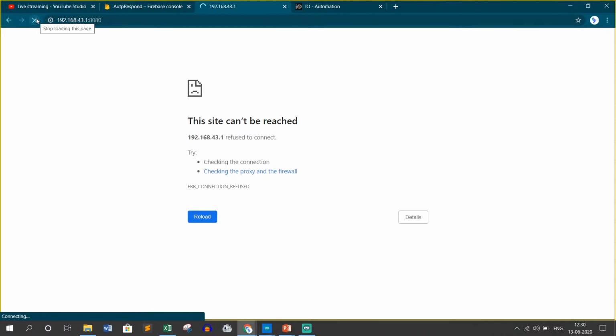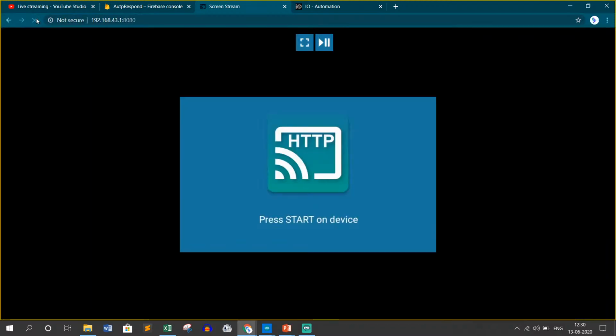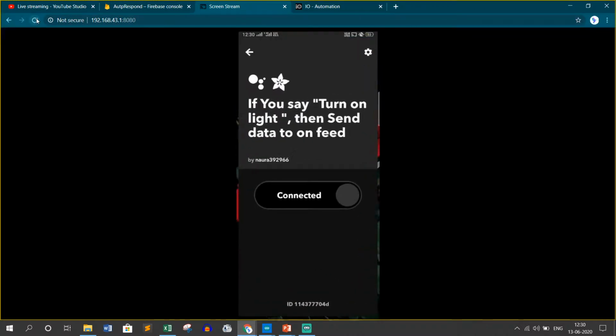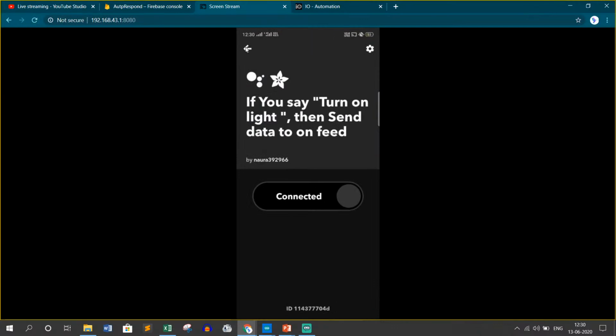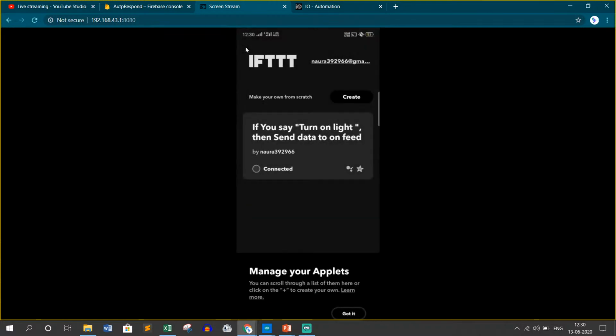You can also have many other things. For example, if I just go to IFTTT and show you some other services which you get with IFTTT. I'll just show you one more applet, how to create it. Sorry, I'm clicking on the laptop. Click on create,